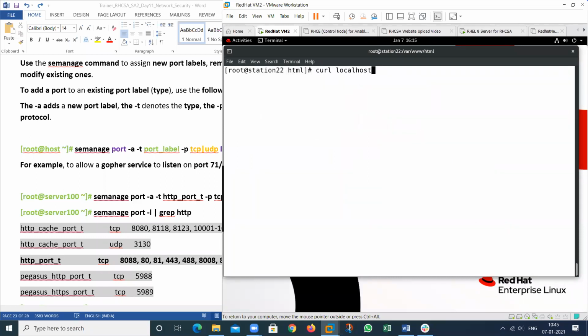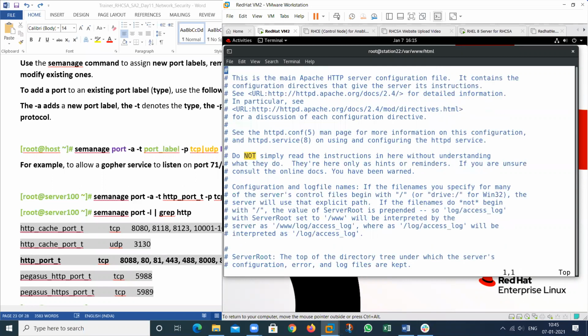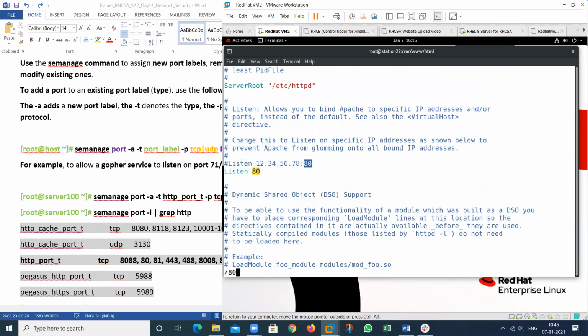So go to the configuration file first and change the port number. Then search the port, this one. Then press I and change this particular port that you want. Suppose you want to change this to 8080, just 88, not 80.